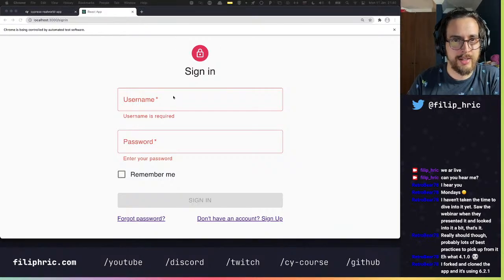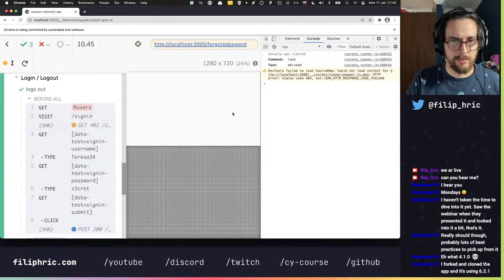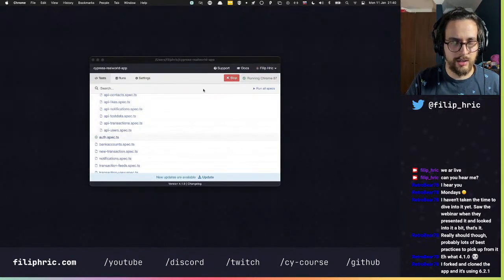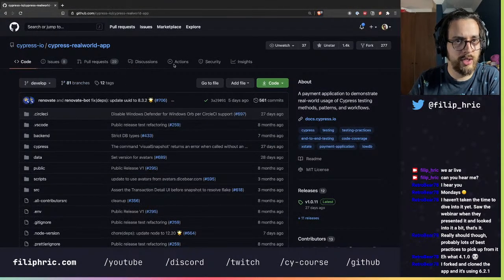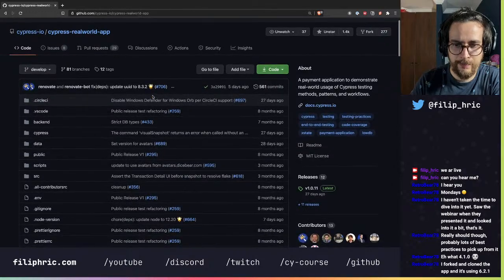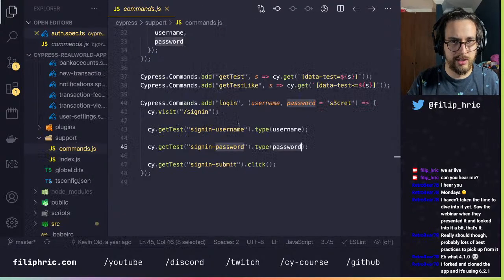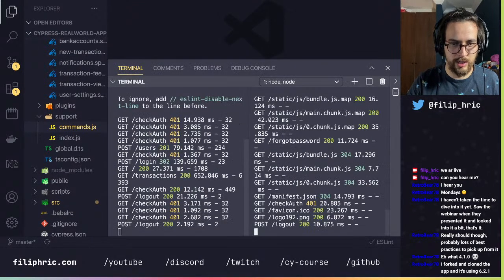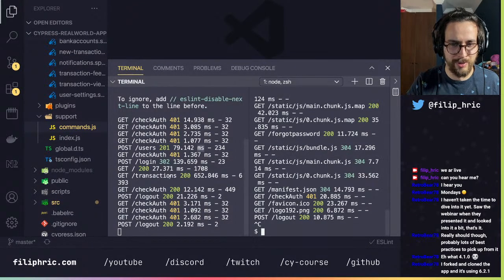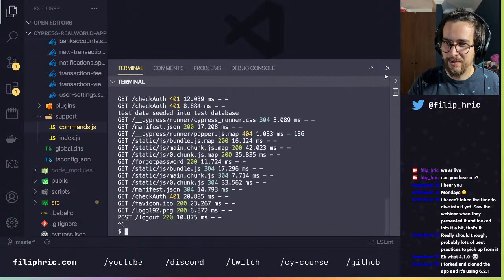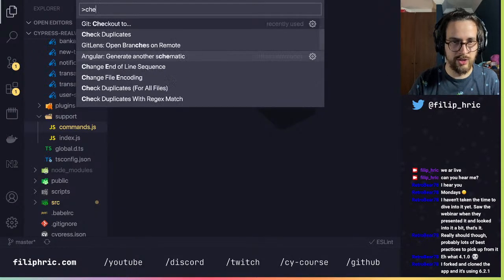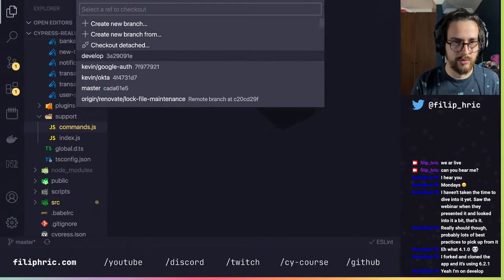Okay. Yeah, that's probably right, because when I look onto the real world app page, you can see that develop is the main branch here. So I should probably just check out to develop and open it there. Let's check out to develop.